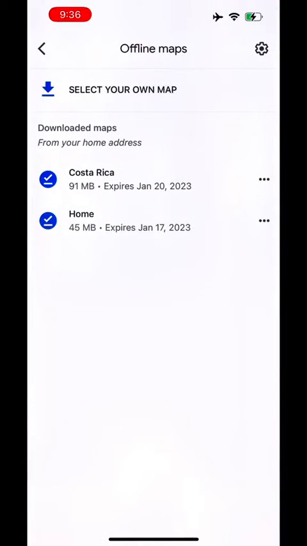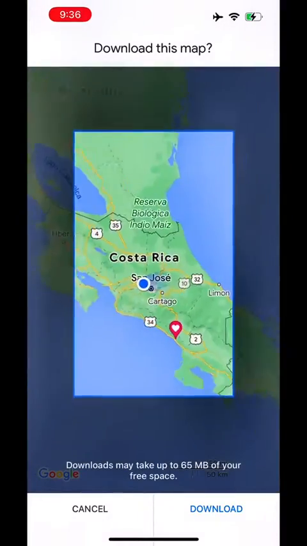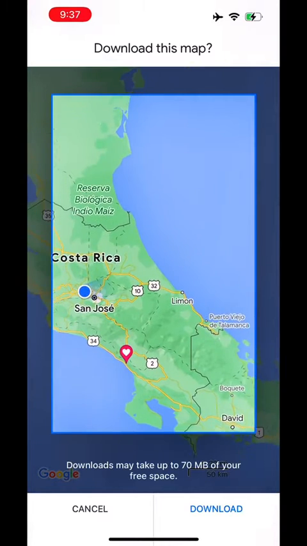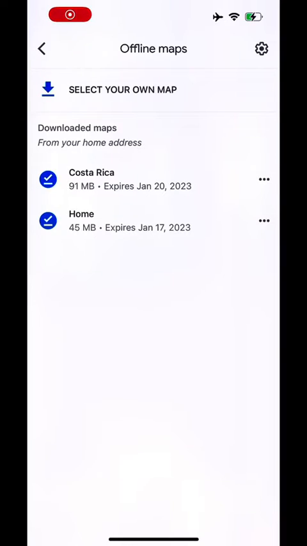When you're in there, you're going to go ahead and click select your own map. And then you can see here, I am selecting the part of Costa Rica that I'm going to be traveling in right now. Now, once you get it in the correct position, just click download,